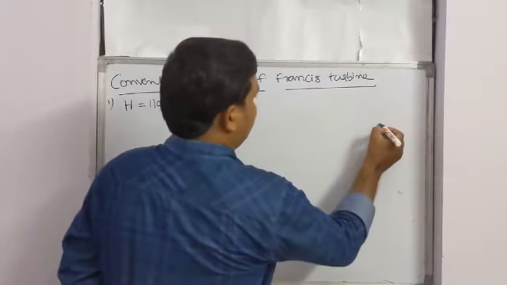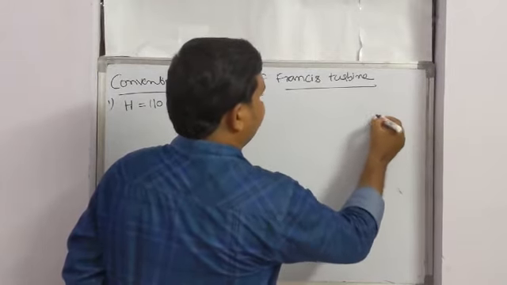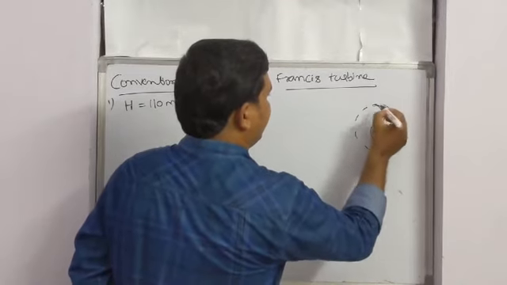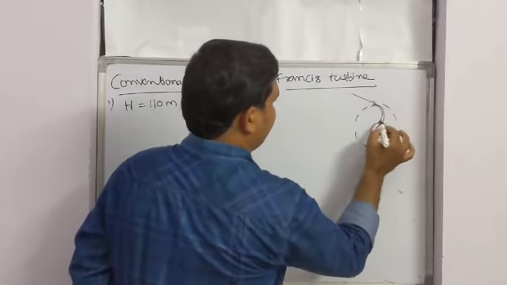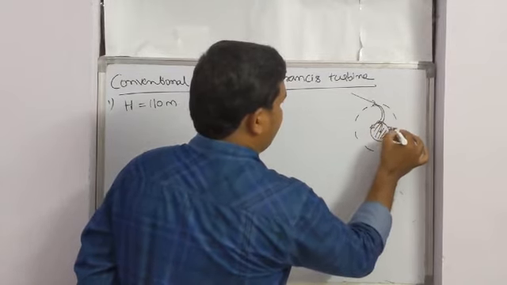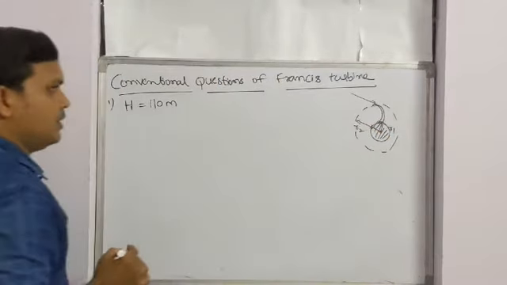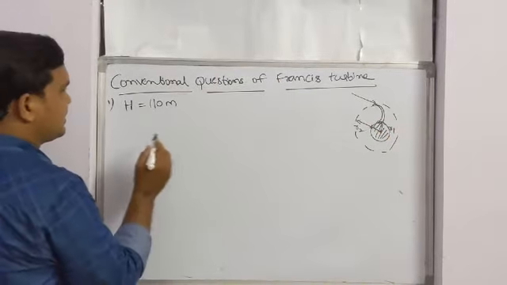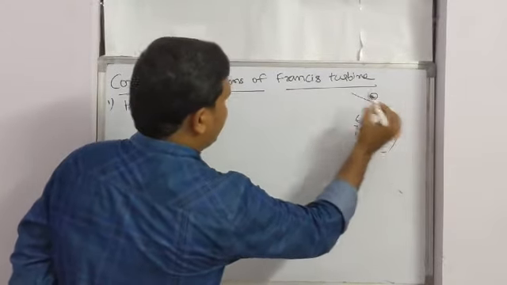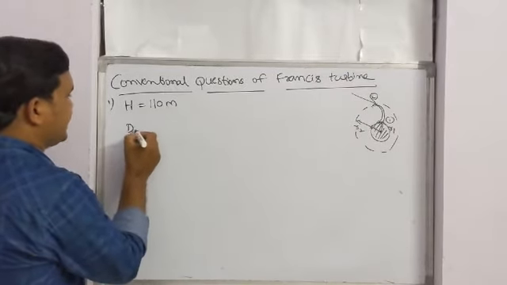Means, for example, this is a runner, this is a shaft, this is the runner, and this is a blade. This is the inlet, and this is the outlet of the water. From here, this we call the inner radius R1, and the outer radius we call R2. So then the diameters are given. This is 2, this is 1. So the inlet diameter D1 is given.